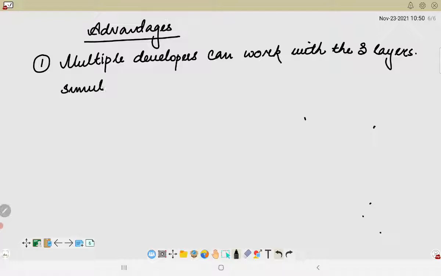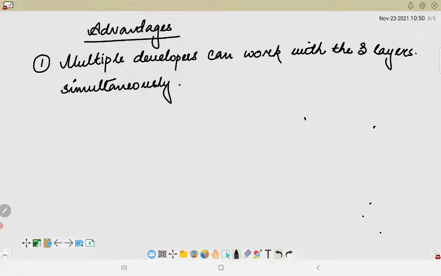So there is no such component that we have to wait for the controller until it is free, or wait for the view until it is free. So different users or different developers can work simultaneously with each other.